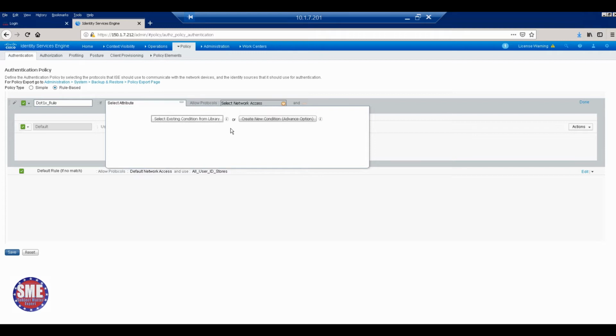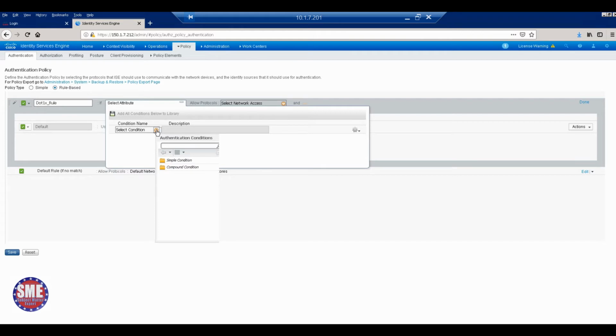Select the existing condition. There is already a wired MAB condition. See, some conditions are already predefined: wired MAB, wireless MAB, and .1x. I will show you the default MAB conditions, but we will call the existing MAB condition. We don't want to create it, but we can create also. But here we will call the configuration. Better to make it a tree view, then expand it. You will see it in order properly.